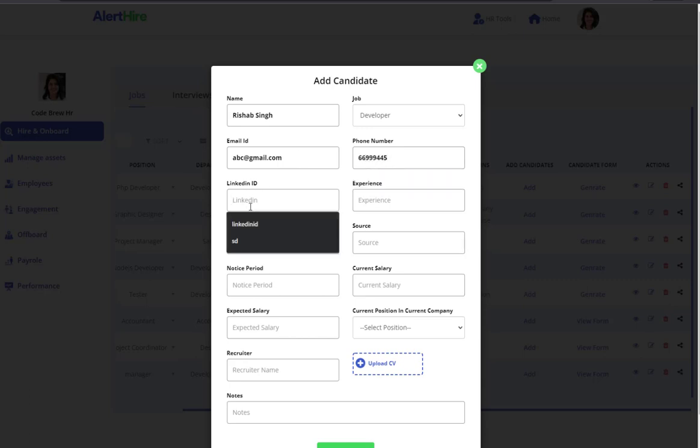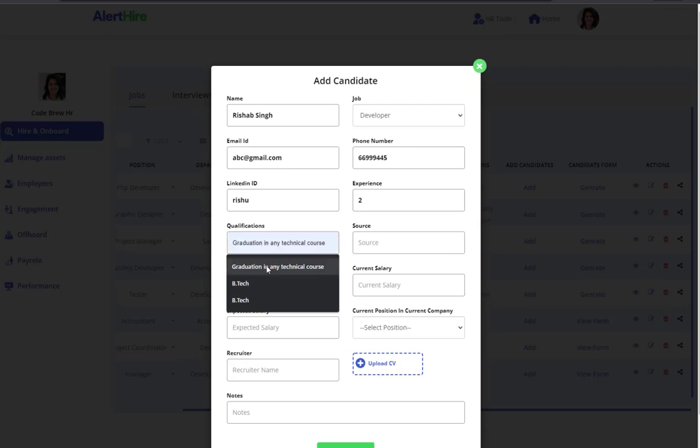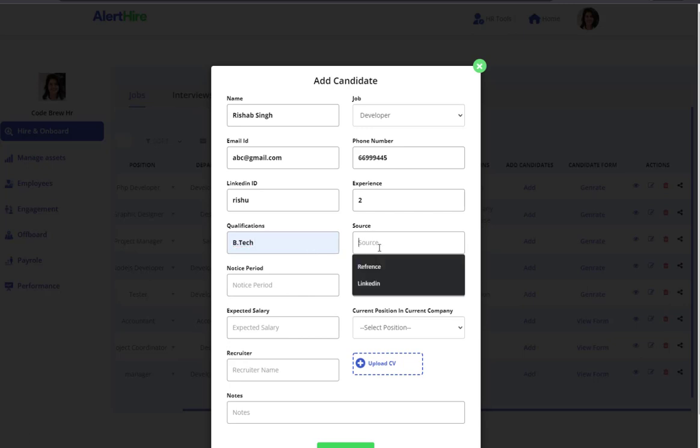Also, I can add his LinkedIn ID so I can connect with it. After there is experience, so as required 2 years, qualification BTech, source from where we got this candidate, I say LinkedIn,